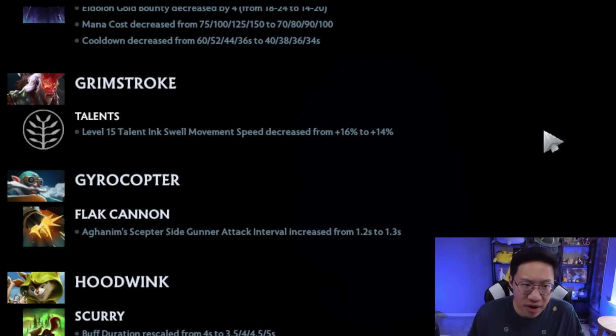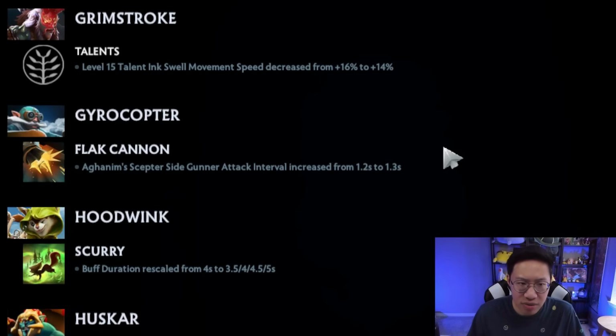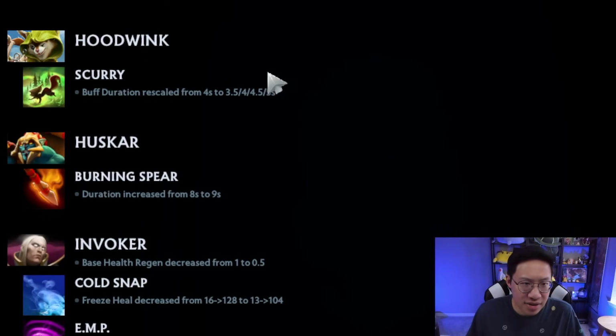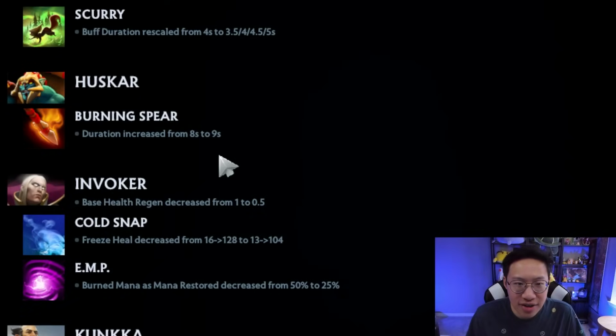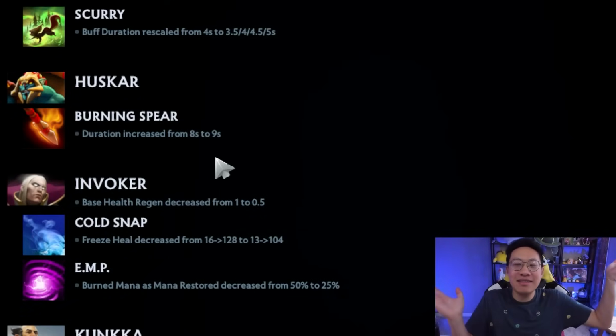Small nerf to Grimstroke, I think he'll still be fine. Gyrocopter, slight nerf to the Aghanim's. I think he was already starting to fall off, so I think this should be okay. Hoodwink, slight, I'd say buff, although technically level 1 has a slower duration. Huskar is getting 1 more second on Burning Spear, from 8 to 9, which is maybe how big of a